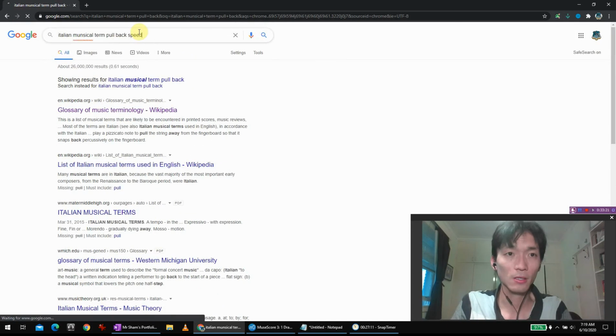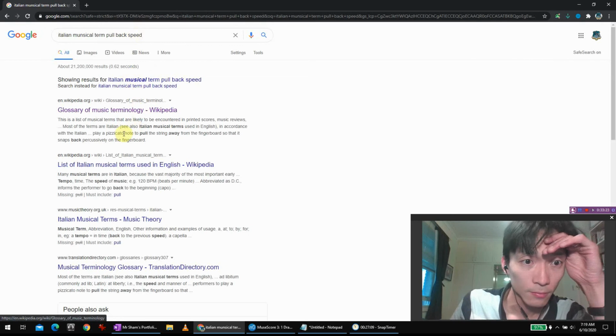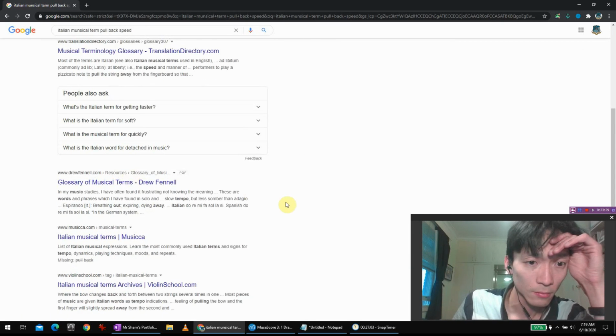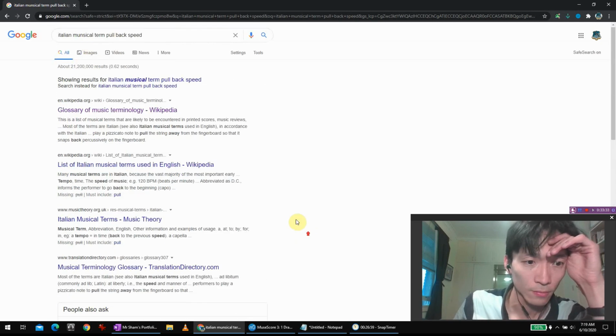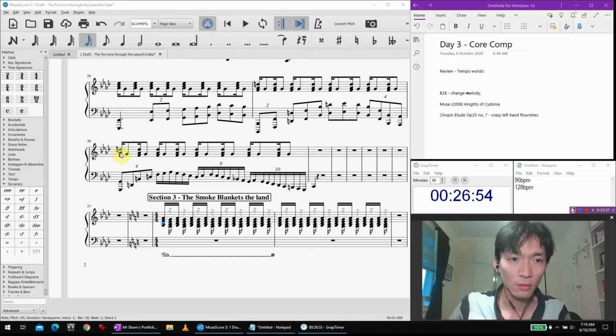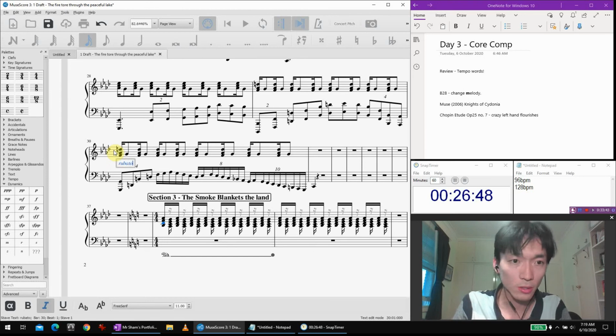Pullback speed. I'm not sure. Maybe it's rubato. Let's just write rubato for now, for a lack of a better word. Save it and rubato.